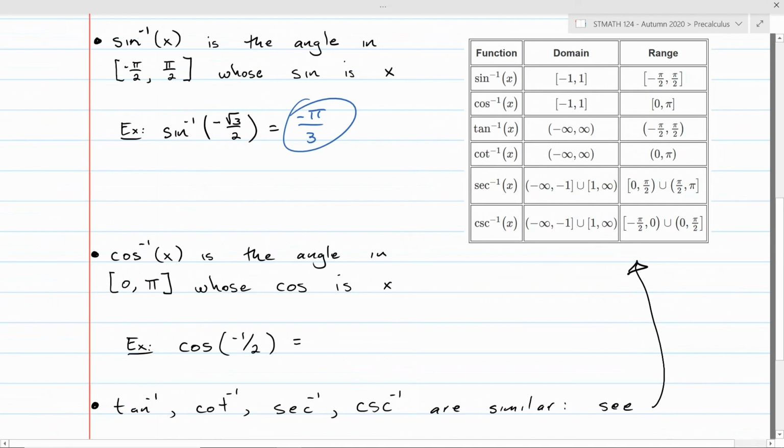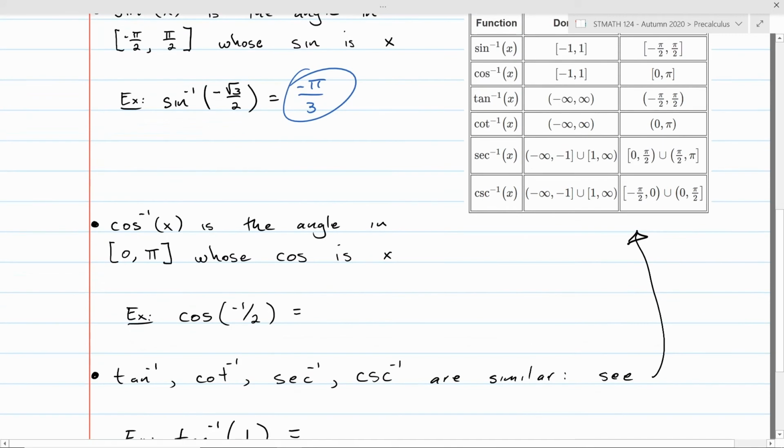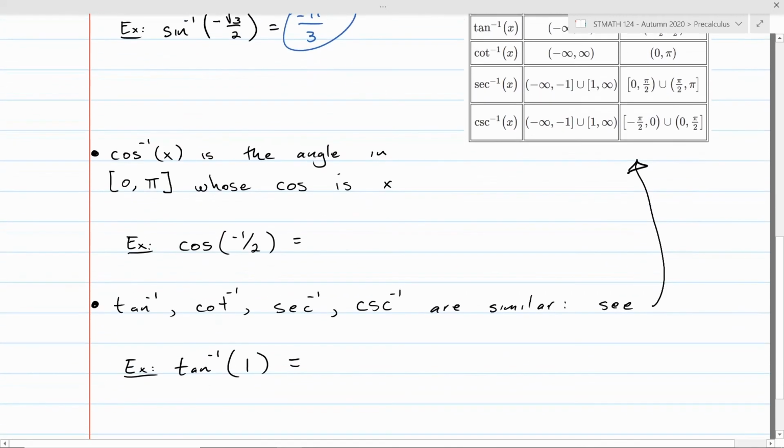I didn't do a computation. I thought about the unit circle. I used my knowledge of the unit circle. Similarly, on the next example here, if I want to do cosine inverse of something, that just means cosine inverse